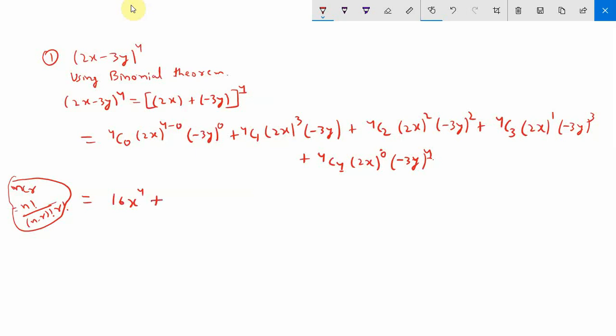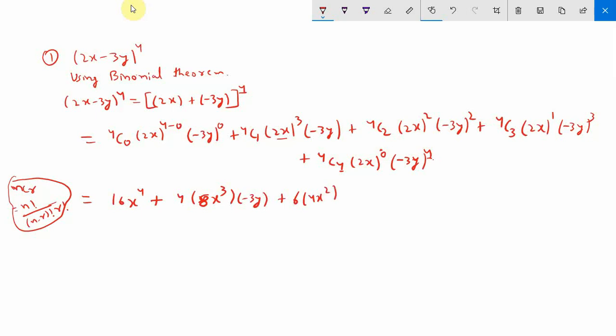Okay, first we will multiply this one only. 4 into 2x, so 8x cube. 8x cube from this one into minus 3y plus 6